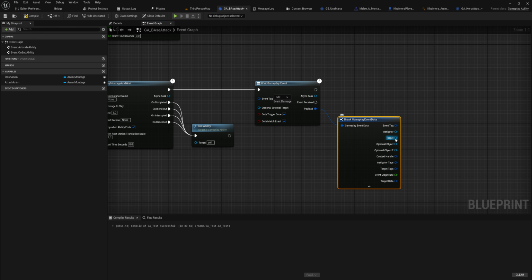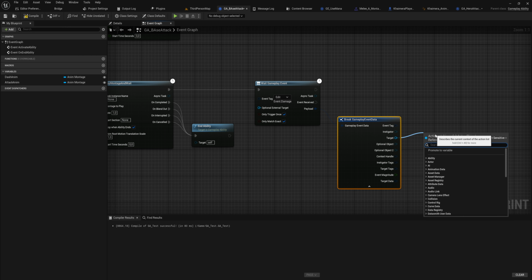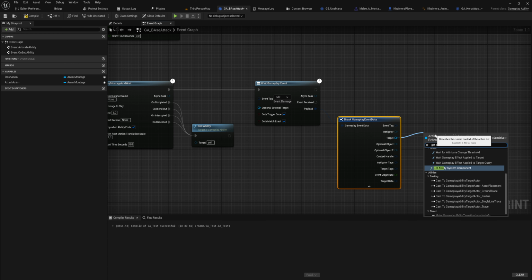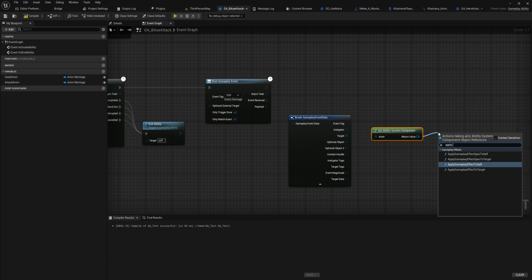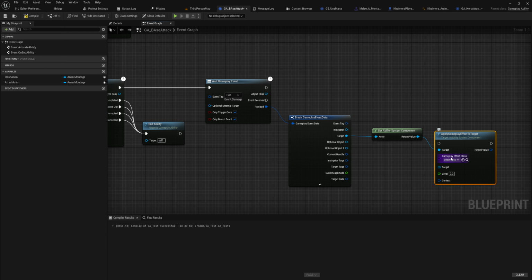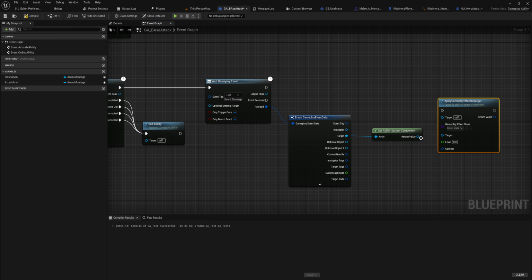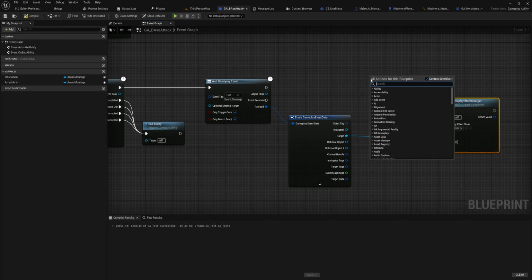So we're going to get the target gameplay ability system component, get ability system component, and to that we're going to apply effect to target. So the target will be that gameplay ability system component, and then the thing that will be doing the execution